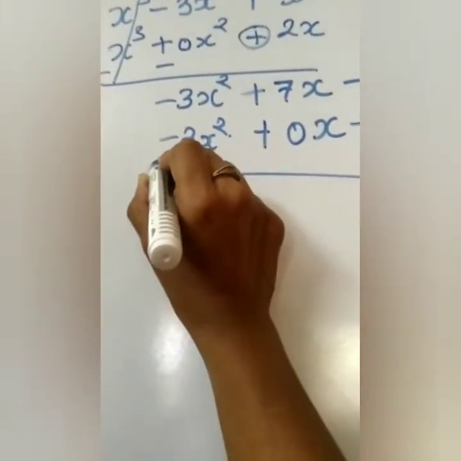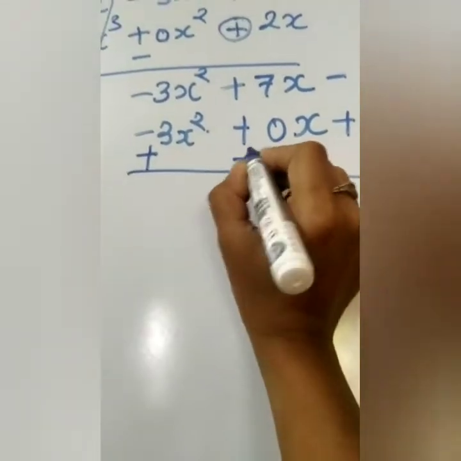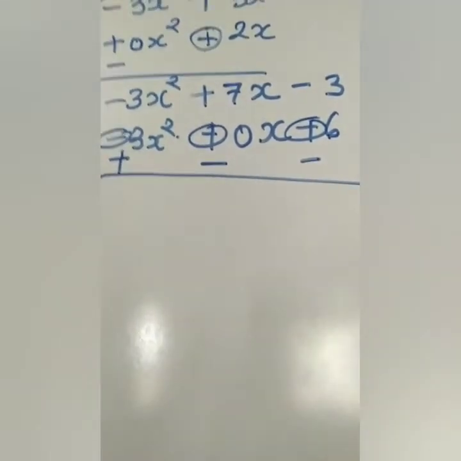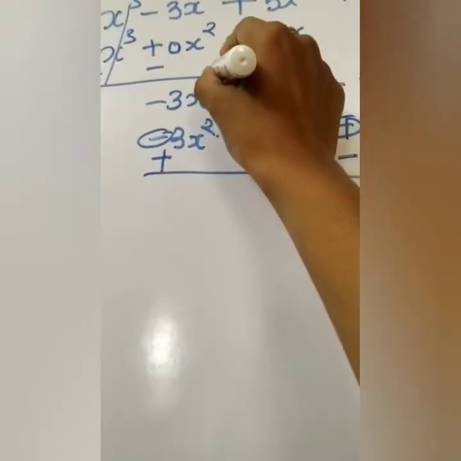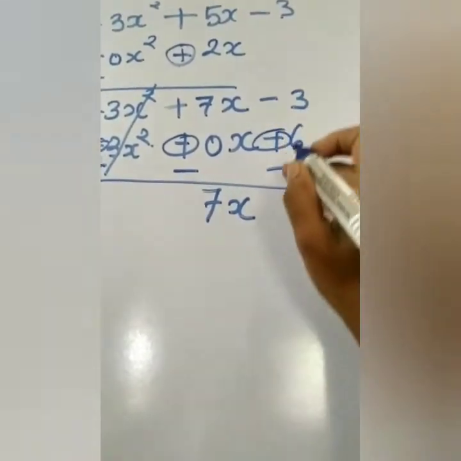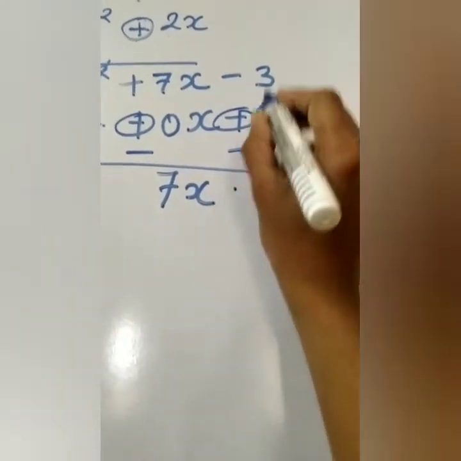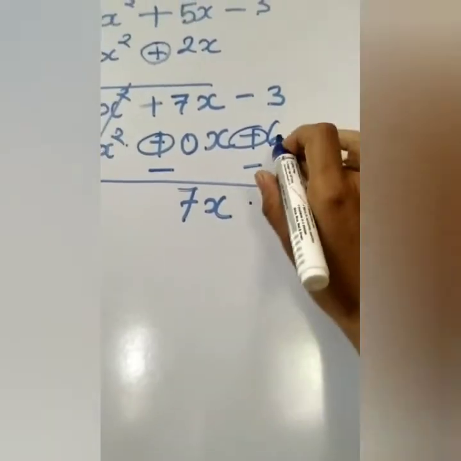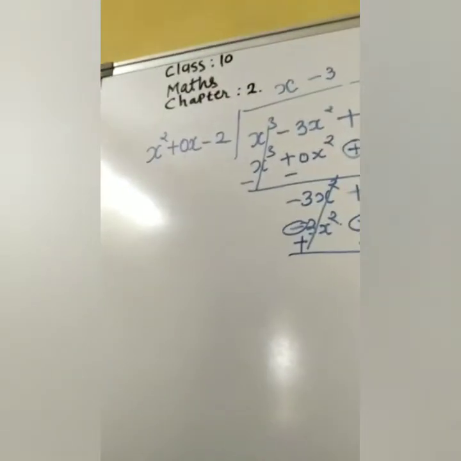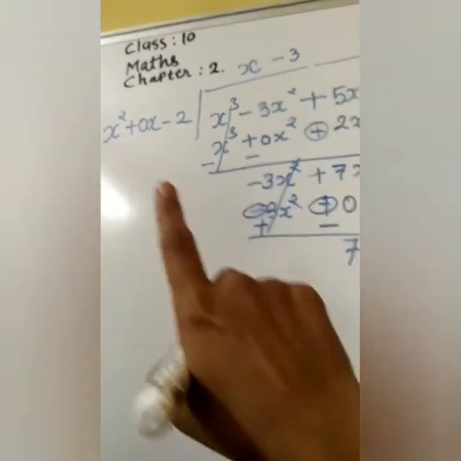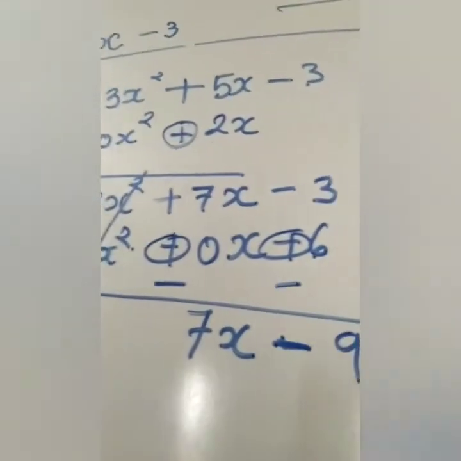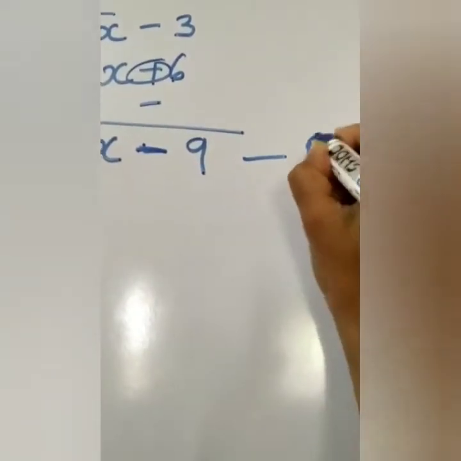Here we will change the sign. Minus will become plus, plus will become minus, and this plus again it will become minus. So here we will cancel out this term. We will take down 7x. Minus will become plus. So 6 plus 3 will become 9, but the symbol of the greater number is minus, so we will write minus over here. Now here x square is here and x is here, so this process cannot go further. So this one will be your quotient and this one will be your remainder.